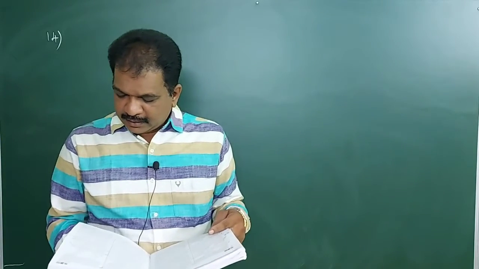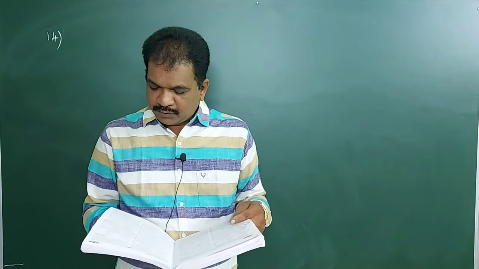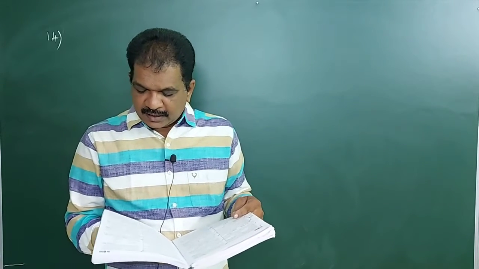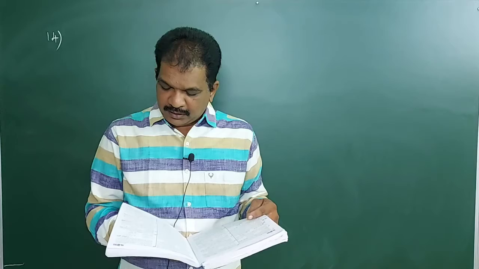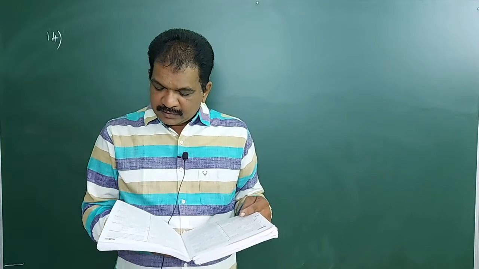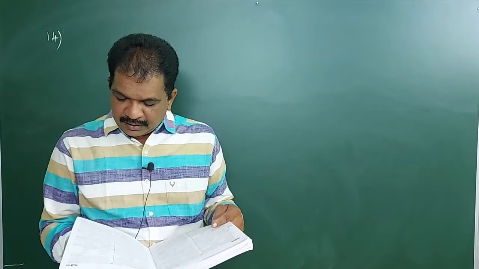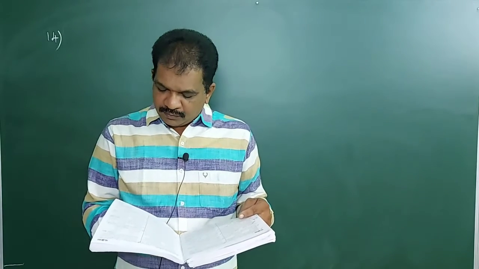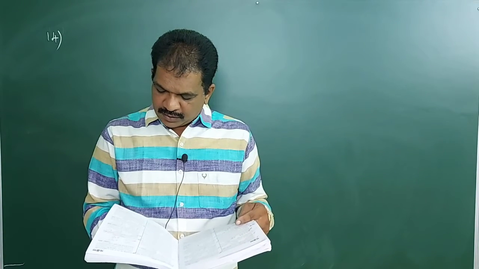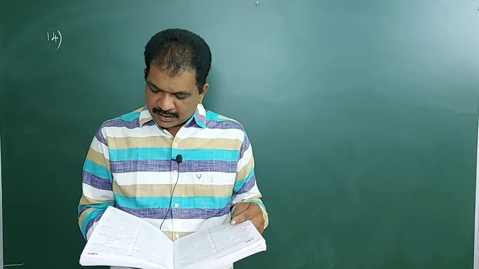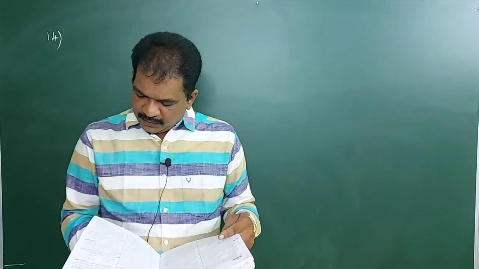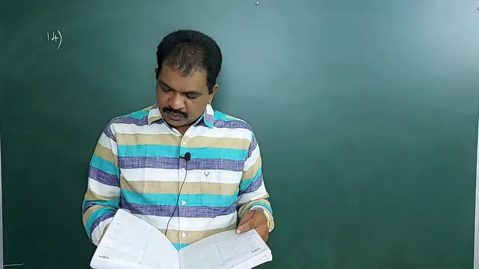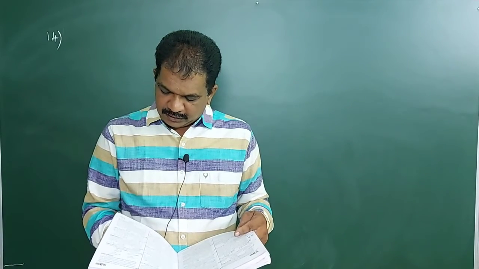Okay. Next, 14, what they are asking, see. A cylindrical metallic rod is in thermal contact with two reservoirs of heat at its two ends, and conducts an amount of heat Q in the time t. The metallic rod is melted and the material is formed into a rod of half the radius of the original rod. What will be the amount of heat conducted in the new rod when placed in thermal contact with the two reservoirs in the time t?